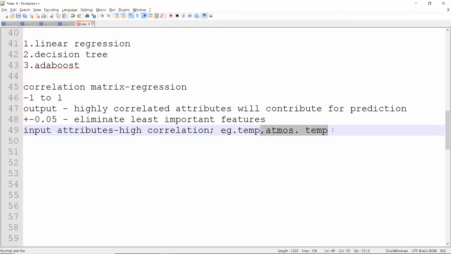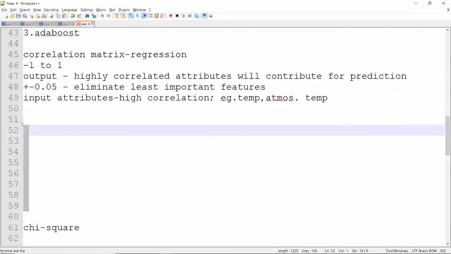So we can delete any one of the attributes in order to remove some least important attributes, because both are capturing the same pattern; if one increases, the other also automatically increases. So using this also you can eliminate some of the features. You can use this input attributes technique even for classification or other applications. If you want to find the highly correlated values for the output, that is only for regression applications.